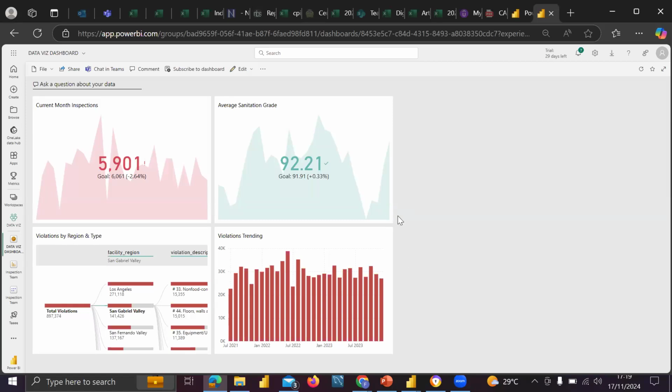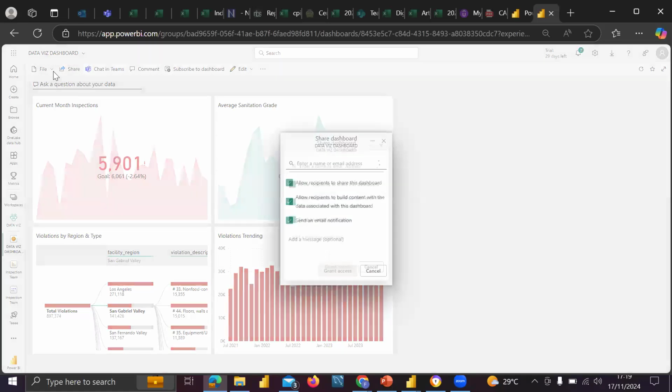So I've just created a dashboard using Power BI web. If you want to share this kind of dashboard now, you can publish it to web or whatever way you want to publish it.